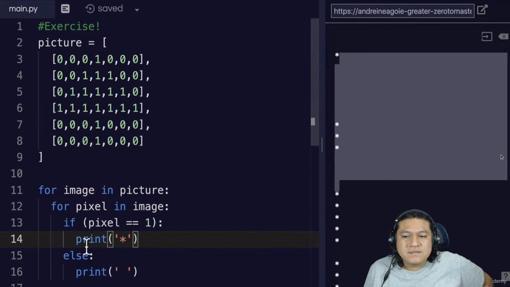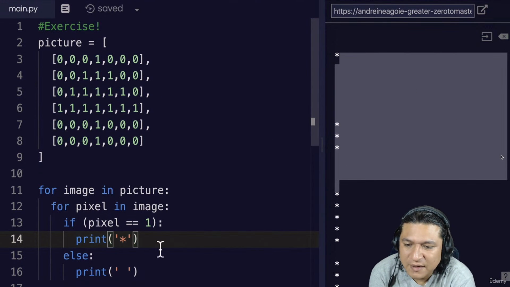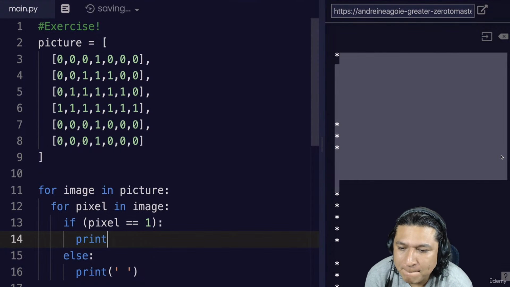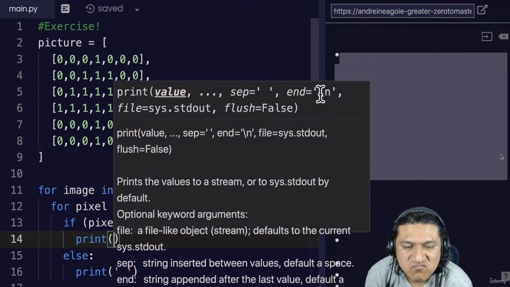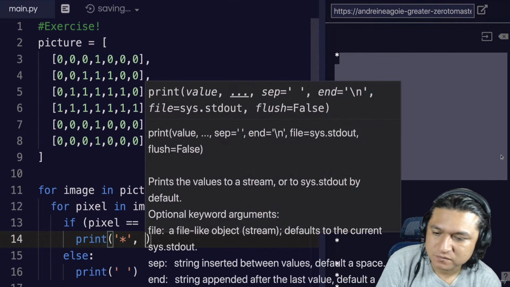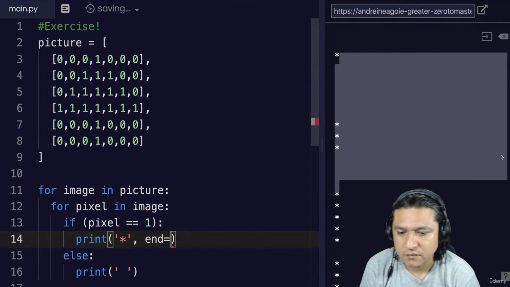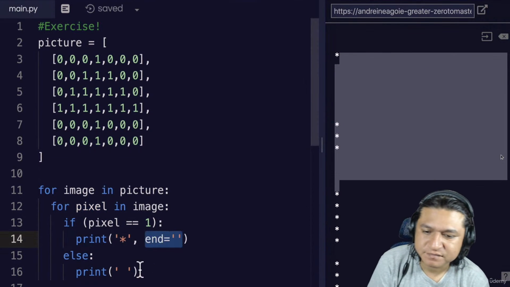And remember, this was the little trick where every time it prints, it creates a new line. The default, again, if we close this, you'll see is that end equals this escape sequence of new line by default. So we can change that by simply saying star, comma, end, and then for the end, I don't want a new line. I just want, well, a string, but an empty string. Same over here, if I do comma,